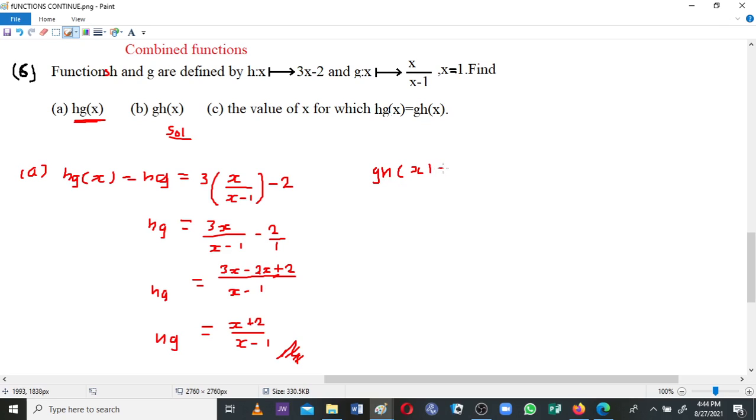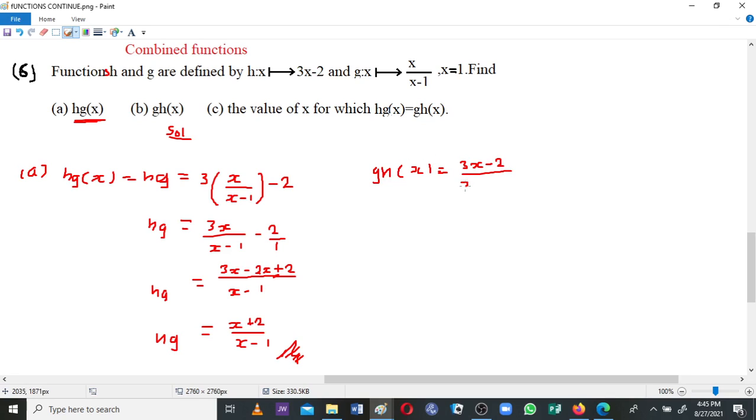So we get our function g(x), which is x over x minus 1, and substitute the function 3x minus 2, that is function h(x), by substituting x in the function g(x). So we are going to get 3x minus 2 on top, right, over